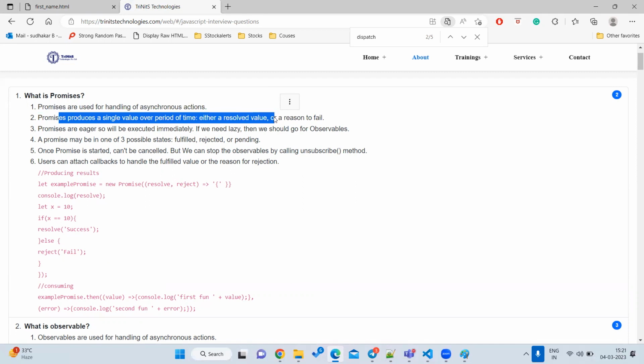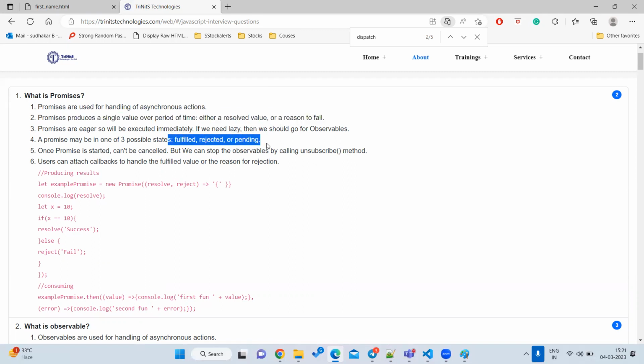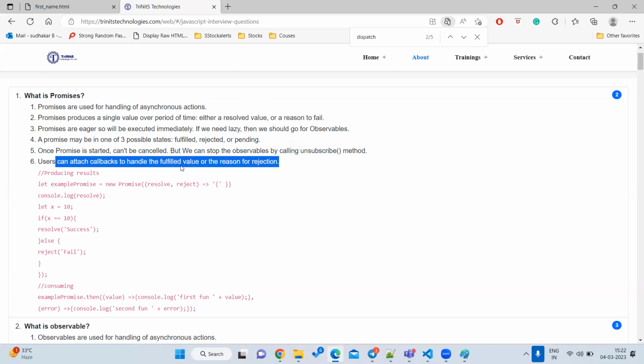Here, mainly we have three states: one is fulfilled, second is rejected, third is pending. Once I start a promise, nobody can stop that promise. It is unstoppable. Once it is started, it has to end. And users can attach callbacks to handle the actions based on fulfillment or rejection.